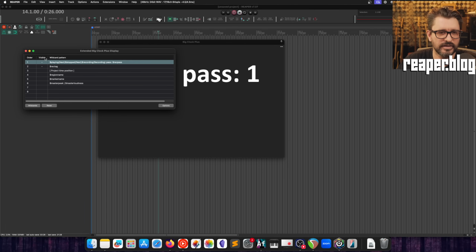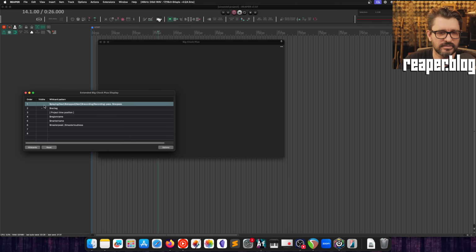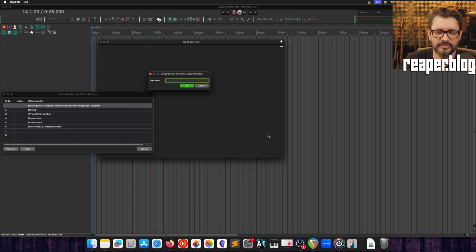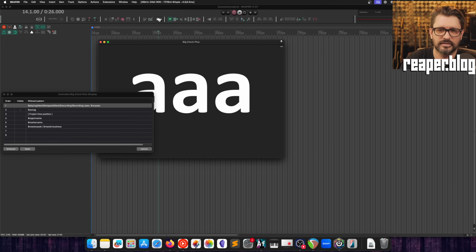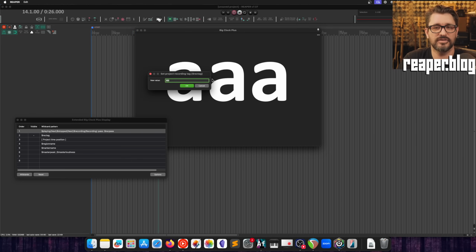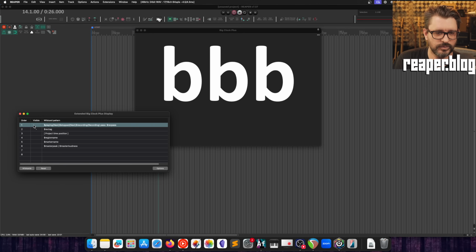So if we've got a rec tag, we'll just have to set the rec tag first. So we'll go to recording tag, pass counter, set recording tag, AAA. Now the rec tag is there. Now in 7.37, we can double click that if it's being displayed in Big Clock, and we can just change that to BBB. That's a rec tag. We can also